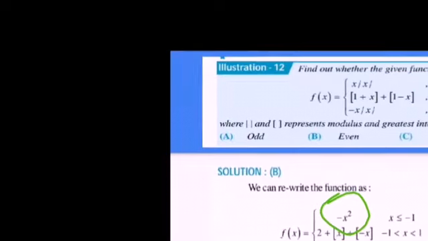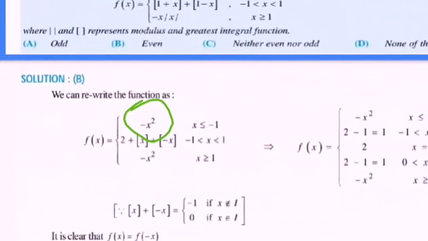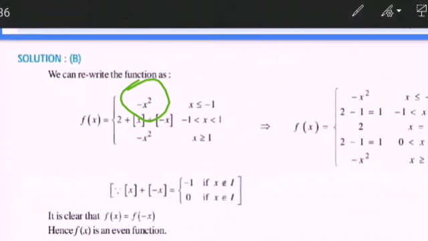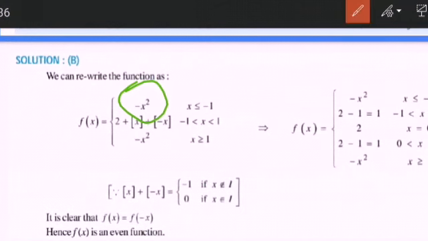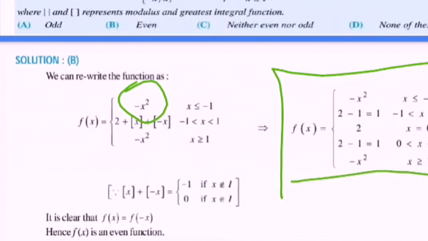So solving all this, this is the final result of f(x). After solving we get this type of definition. This is the definition, we just want to narrate the problem properly, explore the problem properly. So minus x square is as previous, but in this second part, there is only difficulty that may arise for the students. You can split this part wherever you find the greatest integer function. Here you have to split your interval up to every integer. So -1 to 0 and 0 to 1, we will consider in 3 segments.